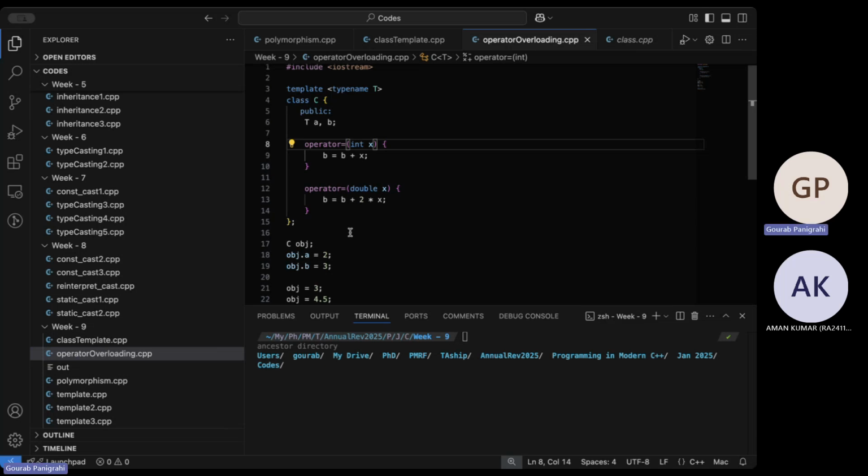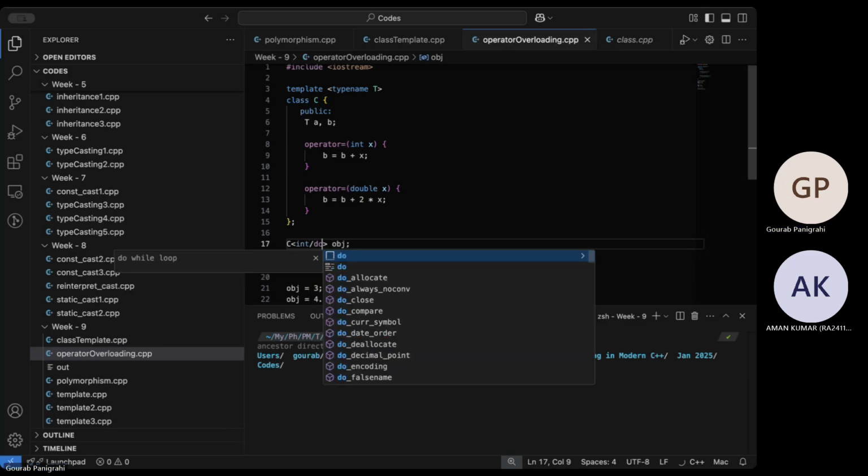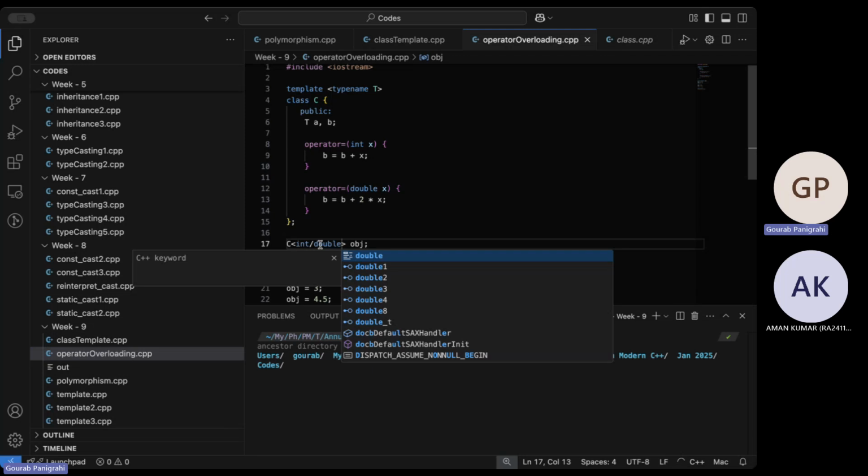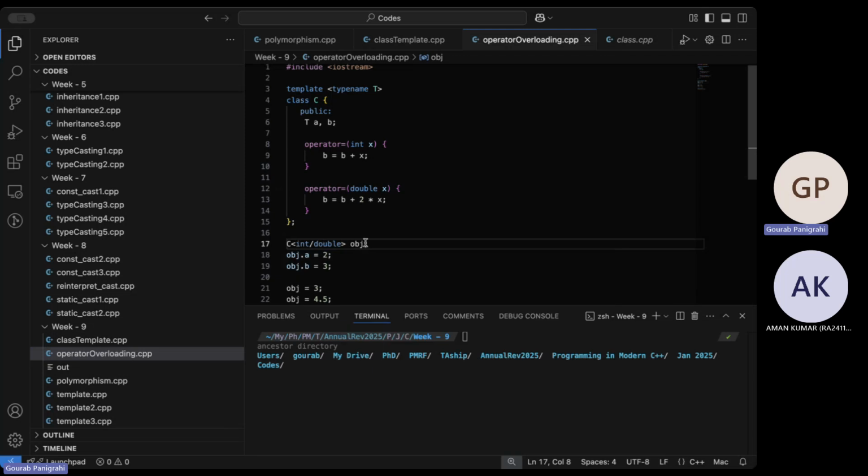Object is assigned to it. Here one also has to be careful about what data type we have. We can have a as an integer or double, one of these. Again, this is not C++ syntax, I'm just writing it as pseudocode.